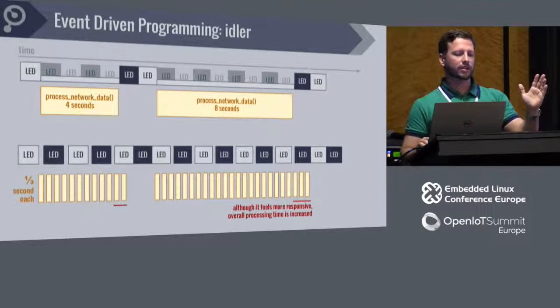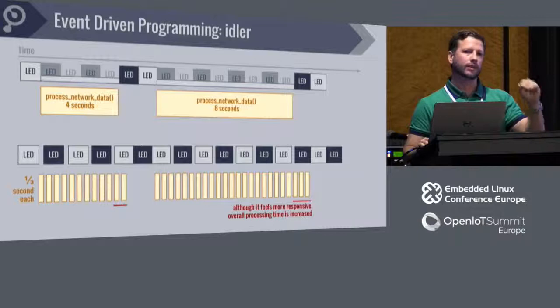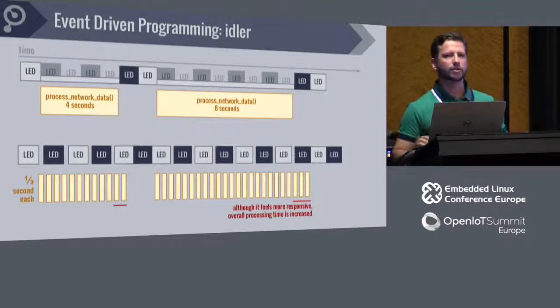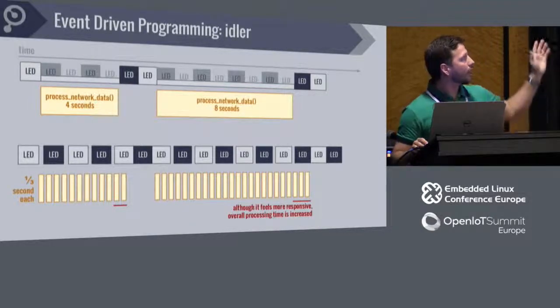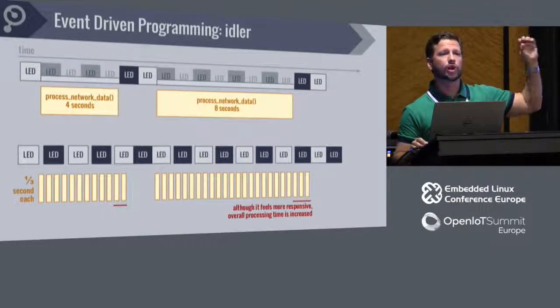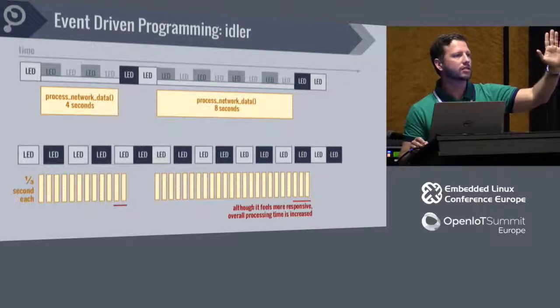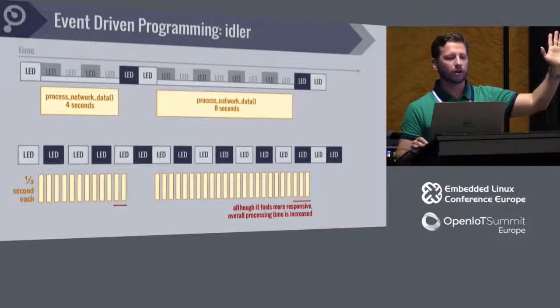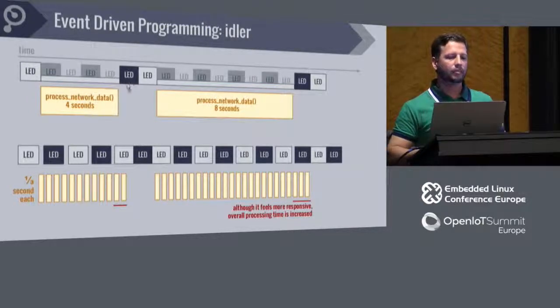So when the process network data is executing, let's say it will take 4 seconds because the network input is big. Your LED, your light, is stuck in the on state. So for 4 seconds, the LED is not blinking anymore, right? It's on. And then when the function ends, the timer kicks in, and the LED will be off and on. Then if you have double the data coming from the network, your LED will be on for double the time, like 8 seconds. So this is a pretty bad